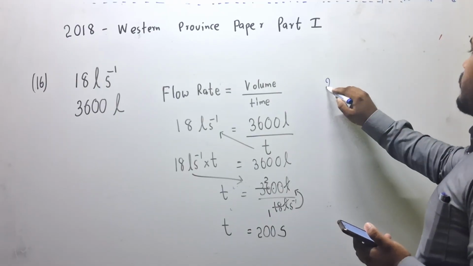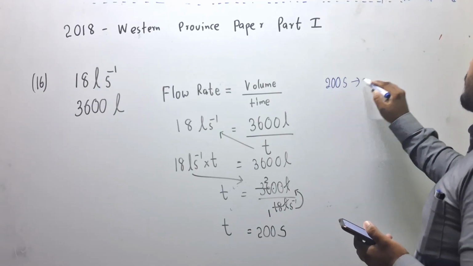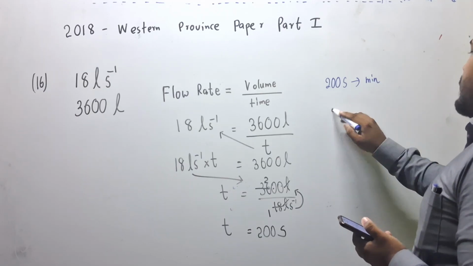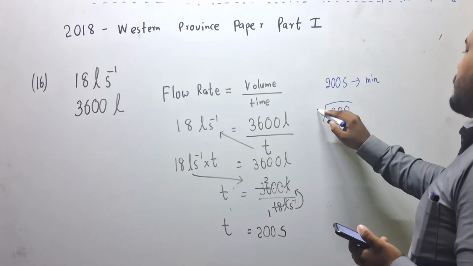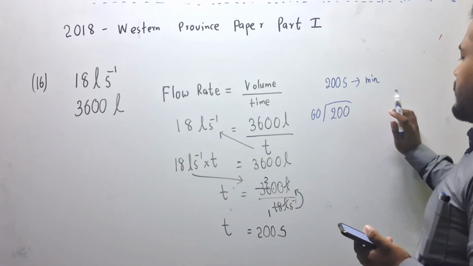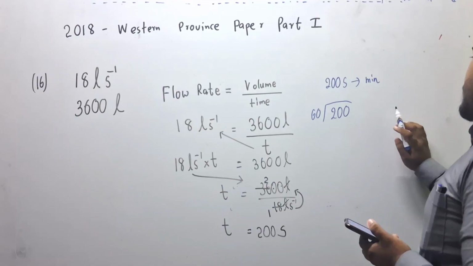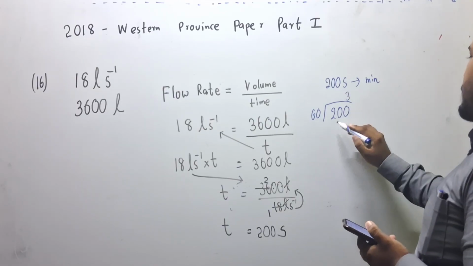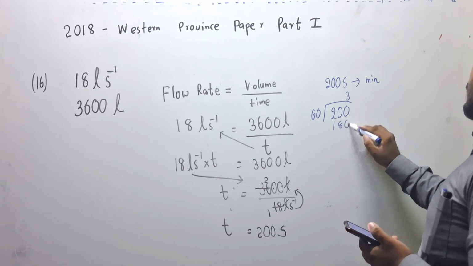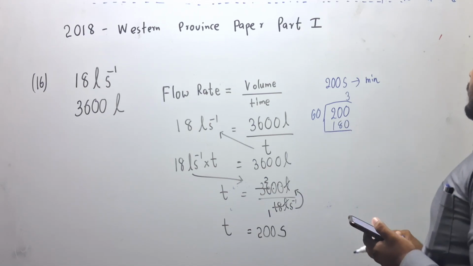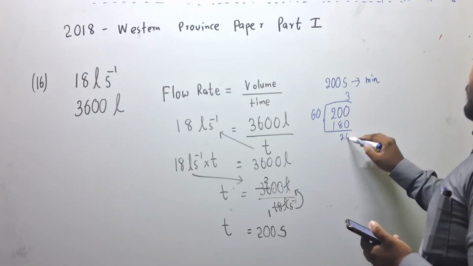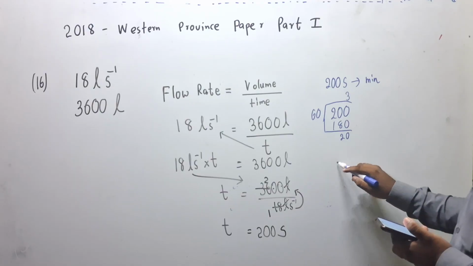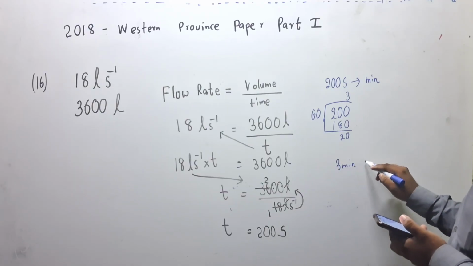If they ask for 200 seconds in minutes, what you will do is divide it by 60 and write like this. 200 has how many 60s? 3. 3 times 60, 180. Minus, 20. If you write 3 minutes and 20 seconds,